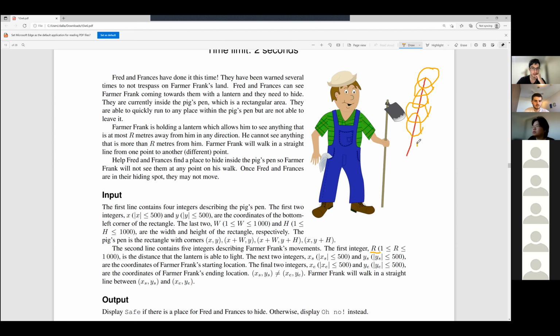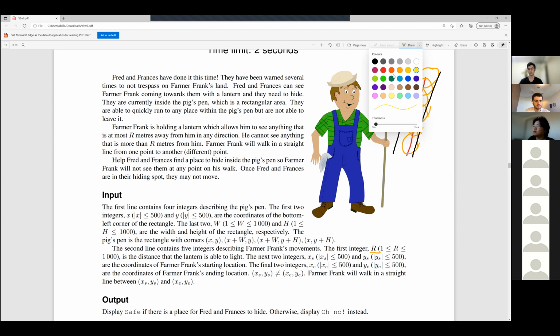You should just be able to tell that this will draw out a rectangle on the sides. So this will just be a straight line. This will be a straight line. And the perpendicular distance from the path that Frank walks will be r. And then at the very ends, it'll be a semicircle of radius r. So this is the shape that it looks like.